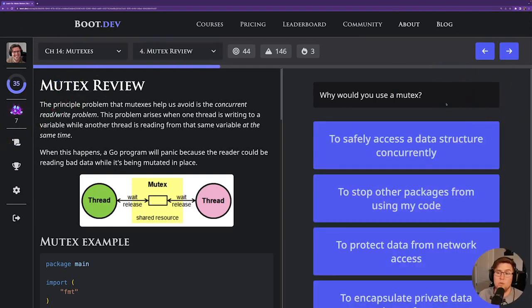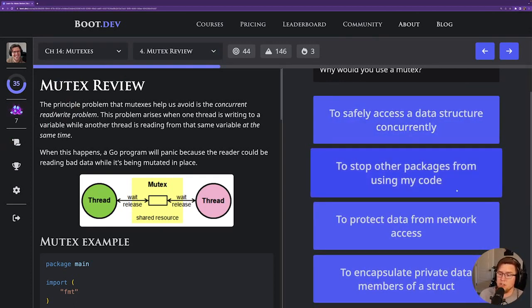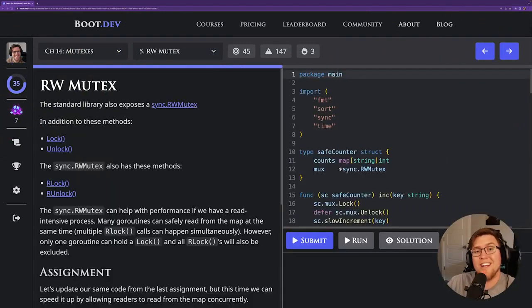The next question is, why would you use a mutex? To safely access a data structure concurrently, to stop other packages from using my code, to protect data from network access, or to encapsulate private data members of a struct. It's going to be to safely access data concurrently. Time to talk about another type of mutex. So we've already covered pretty much all of the functionality you need to know about the sync.Mutex type, but there's another type. There is a sync.RWMutex or sync.read-write